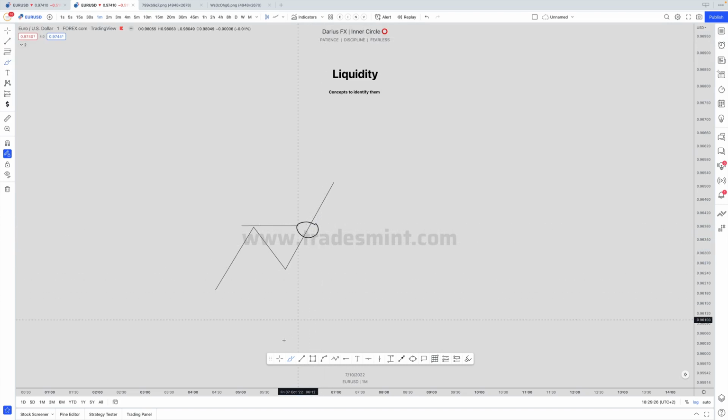Okay, so you got the breakout traders who think that once price here got broken, it will go up. You got support resistance traders who think price will go down from here. You got SMC traders who think that you have here a valid POI to go short from. And this is the first reason why this high, where I draw right now, is liquidity, exactly the reason why price will give you this pullback, this move down, afterwards.